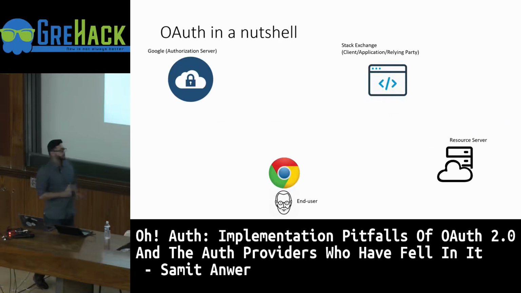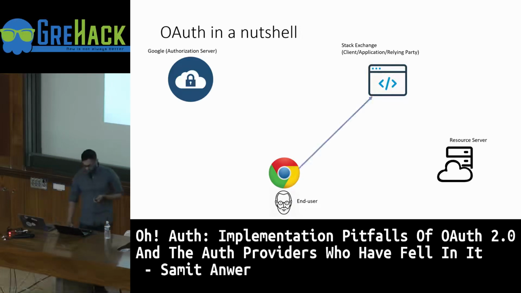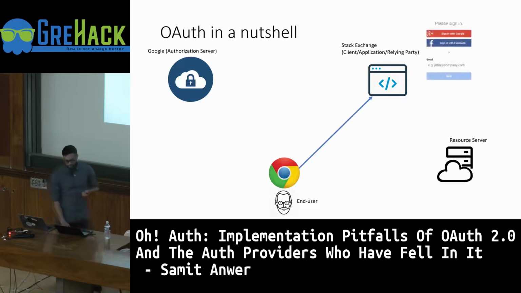So let's just see how OAuth works in a nutshell. And I've listed down all the entities. There's the auth server here. Then we have the relying party or the client application here, which is Stack Exchange. Then we have the resource server and the end user here. So the end user visits Stack Exchange, and Stack Exchange shows this option of logging in with two different auth servers because it has previously registered with Google and Facebook as the auth server. So the client has registered with Google and Facebook. Let's say that the user chooses Google,